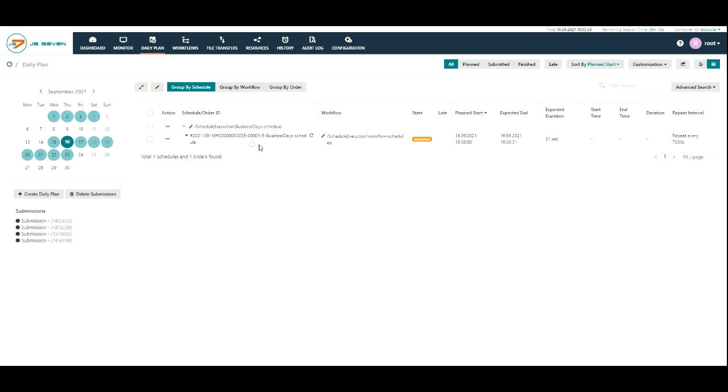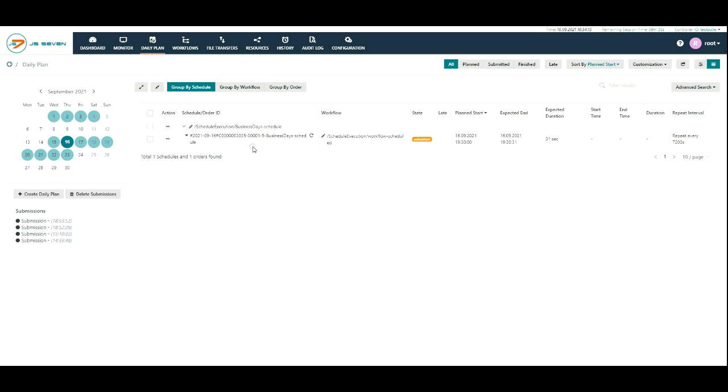You can also wait for the automatic run of the daily plan service. With this, all the orders will be recreated. It will not only recreate the orders for the changed schedule. The overwrite option has a false value when the daily plan service creates orders.